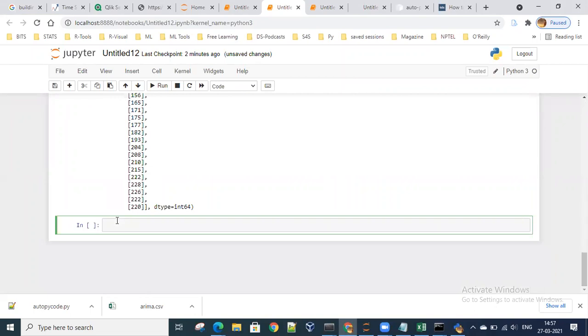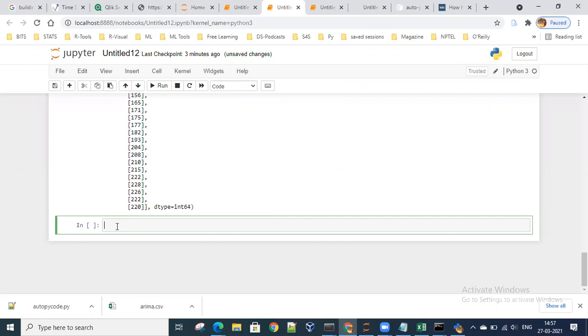So I made it. As we have discussed in ARIMA, there are 3 values, P, D, Q. Do you remember that? Yes, sir. D is to check the stationarity, and P and Q we will get from ARIMA, partially. Right.